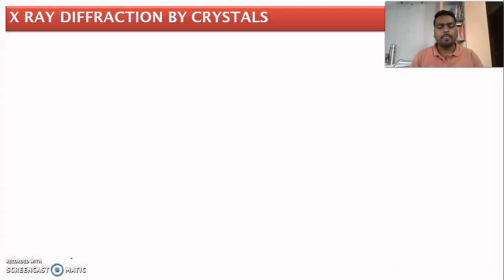Hello, my dear students. In the previous class, we were discussing solid state chemistry. In solid state, we have completed some basic concepts, symmetry in a unit cell, and Miller indices. In today's class, I am going to discuss the X-ray crystallography technique. Dear students, this X-ray crystallographic technique is used to identify the structure of a crystal.